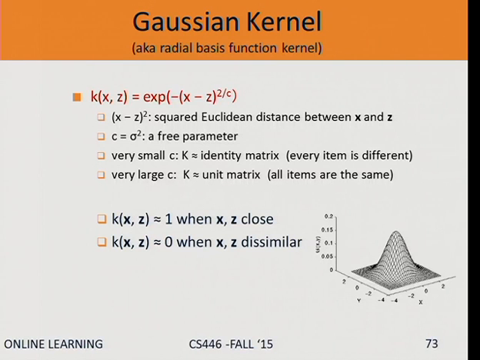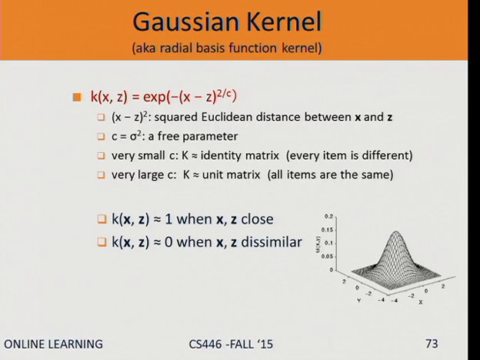If x and z are very close together, that's going to be 1, say, or a large number, right? Because this is going to be 0, so it's e to the 0, 1. If x and z are very far away, x minus z squared is going to be very large, e to the minus something very large, it's going to be 0. So essentially, it's a Gaussian, right? You take 2 points that are close together, you get a value. As the points are farther away, you go to 0.